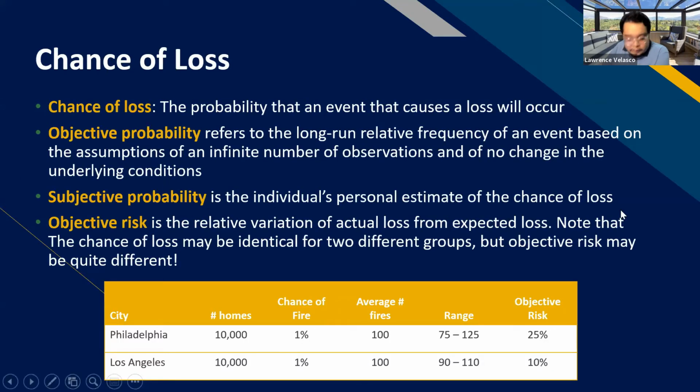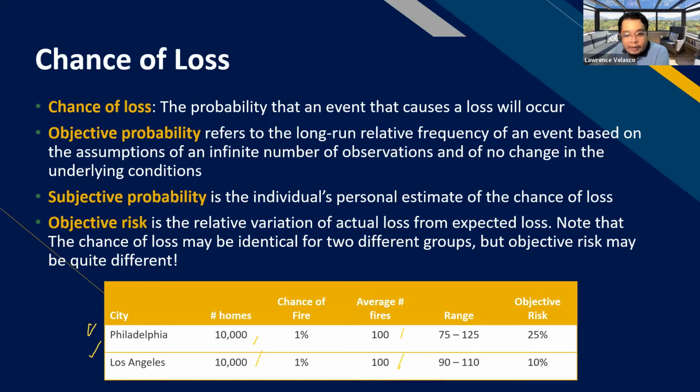Okay. Now, objective probability and subjective probability also needs to be defined. So what's objective probability? It's the long-run relative frequency of an event based on the assumptions of an infinite number of observations. In other words, let's look at an example. It's easier to understand this with an example. So for example, we're looking at Philadelphia and LA. These are not actual data, okay, right? So, for example, in those cities, you have 10,000 homes for Philadelphia and LA. Pwedeng historically, the chance of fire is 1%. And so therefore, your expected number of fires in a year, for example, is 100 fires for both Philadelphia and